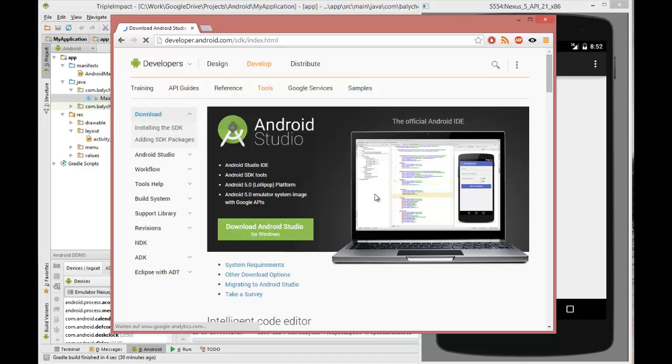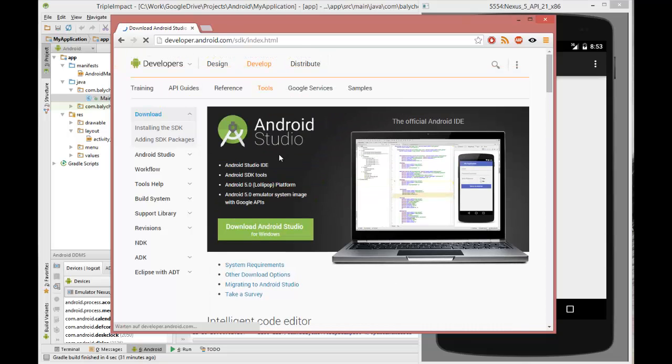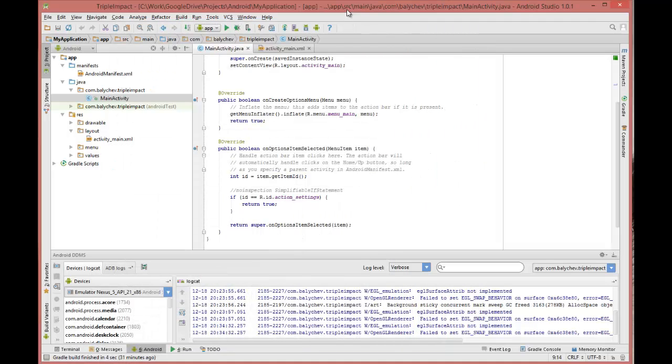And basically now installation is very easy. Just download Android Studio, click this button, and it will download Android Studio plus SDK. Installation is very simple. Just start to download and install, and it will install Studio plus SDK, plus it will install two default virtual images for the emulator. So I actually didn't read about new features of Android Studio, but I hope it's gonna be better than beta versions. So basically what I did, I just created the new application,